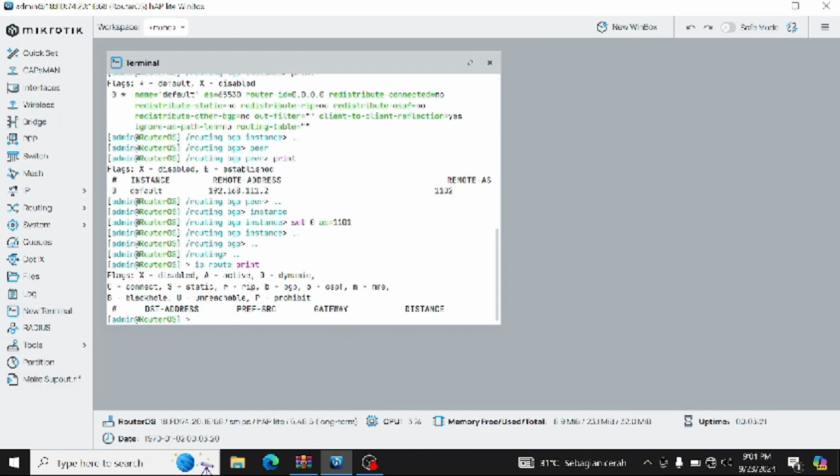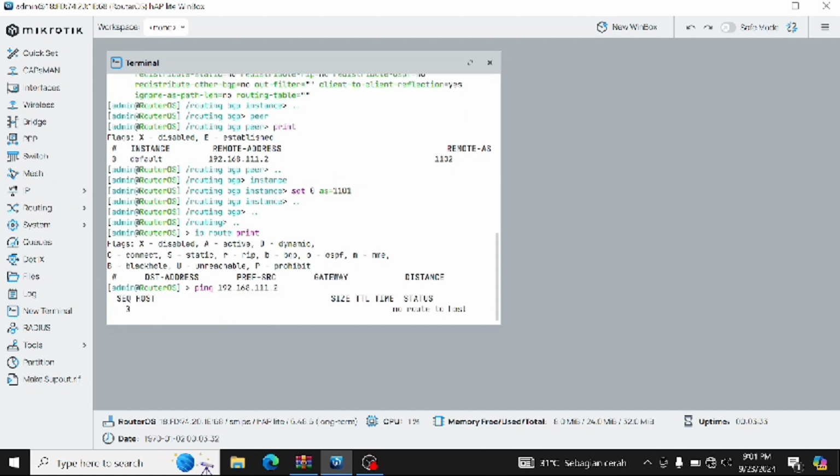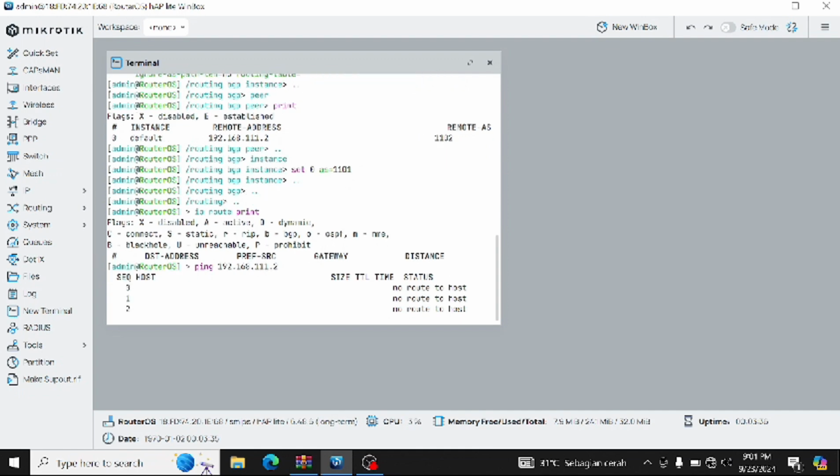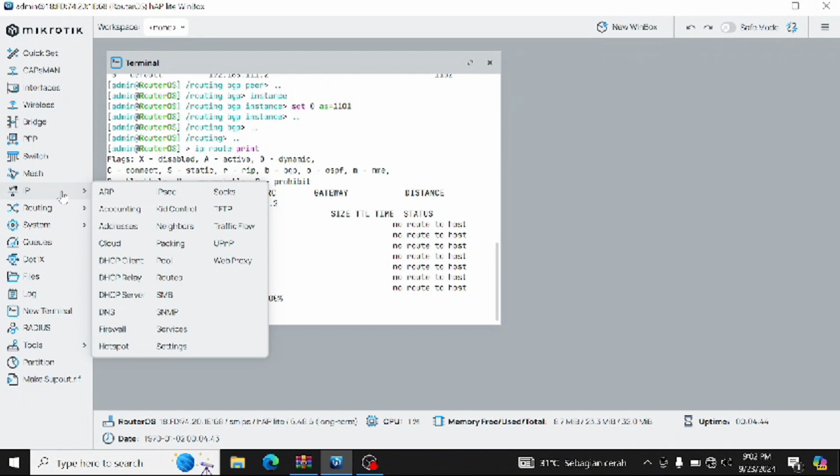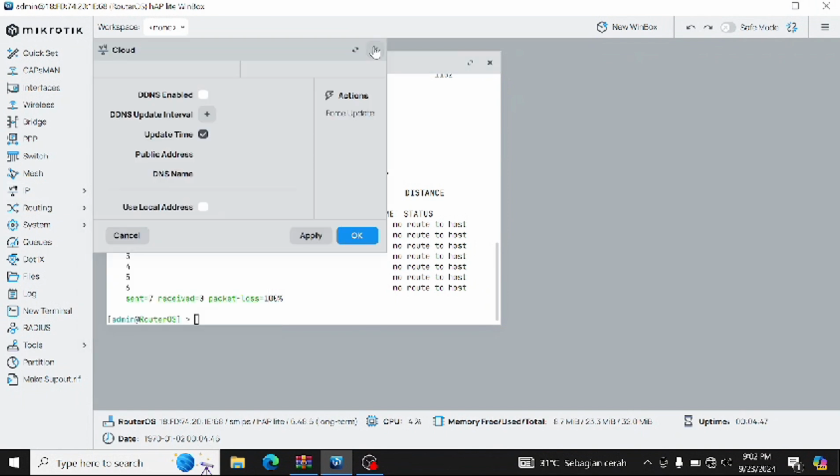So yeah, I wanted to show you about ping from beside laptop. Okay, no route to host. So why no route to host? Because the IP address haven't been set.